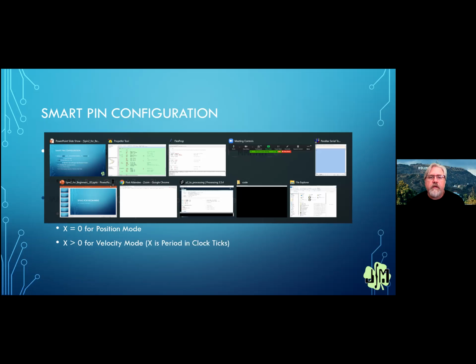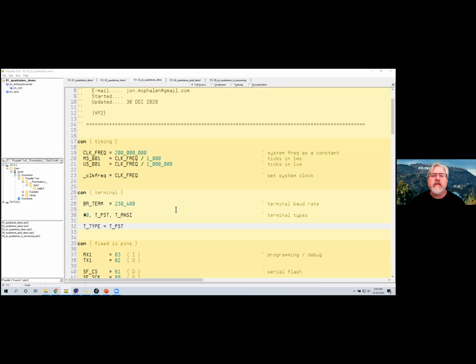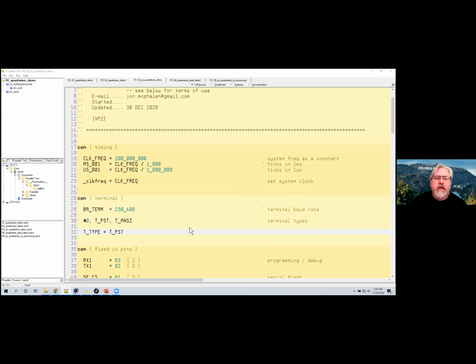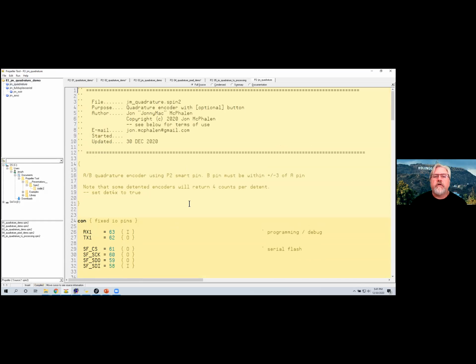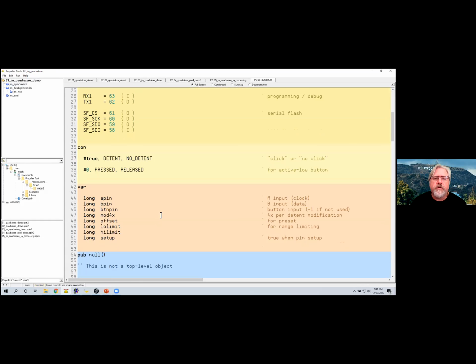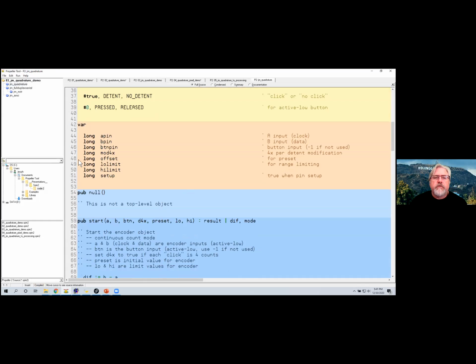So that's the stuff that we're going to do. I'll show you now in code. This is program 3, so those of you that haven't, if you'll look at that. Now, if you press F9 to compile that, there is an object attached called JM Quadrature. So this uses the smart pin to do Quadrature encoding. It has a bunch of parameters that we're going to pass across, because the Quadrature encoder smart pin only gives you positional values back. And you can't modify it